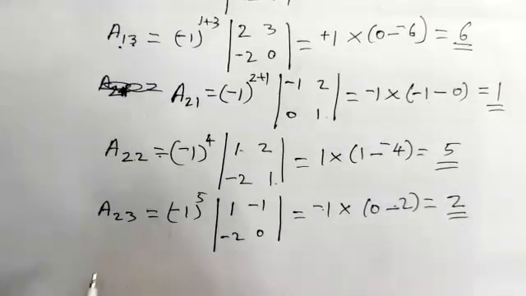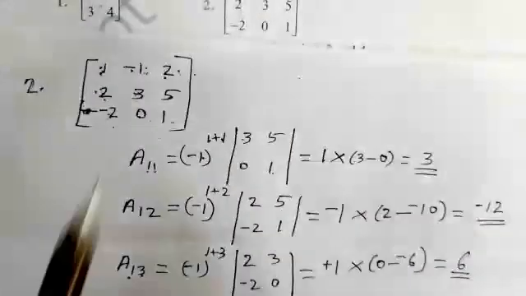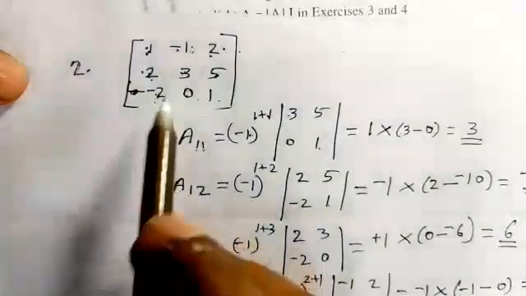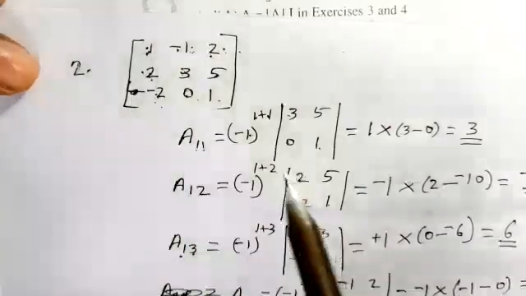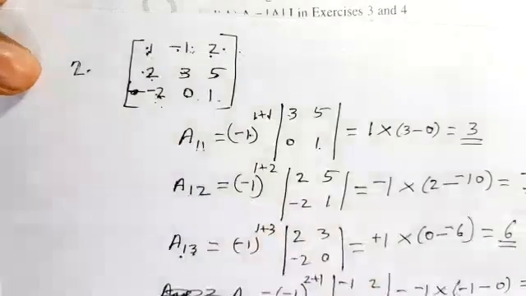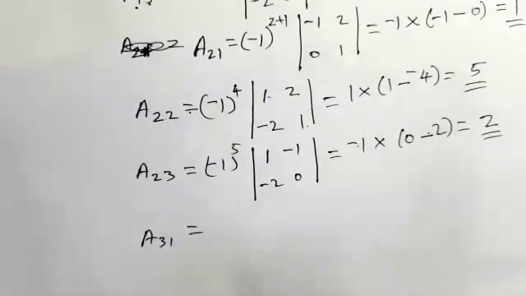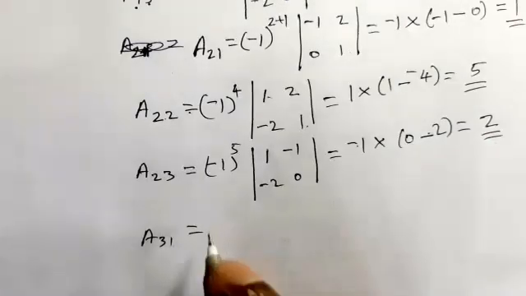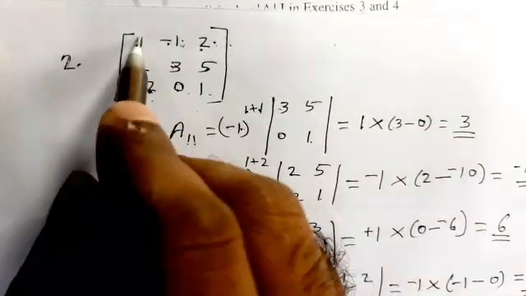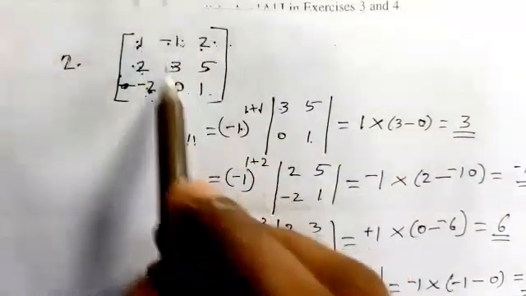Now we are going to find after A23. A23 is this. Now A31. A31 is equal to... if it is possible by looking, we can do it, but only after practicing will it be easy. This is A31. 31 means 3 and 1 are the position. 3 and 1 means positive is the answer. So plus 1 into that we can write. Now 3 1 means this position. This position's column and row is avoided. This will be the element.